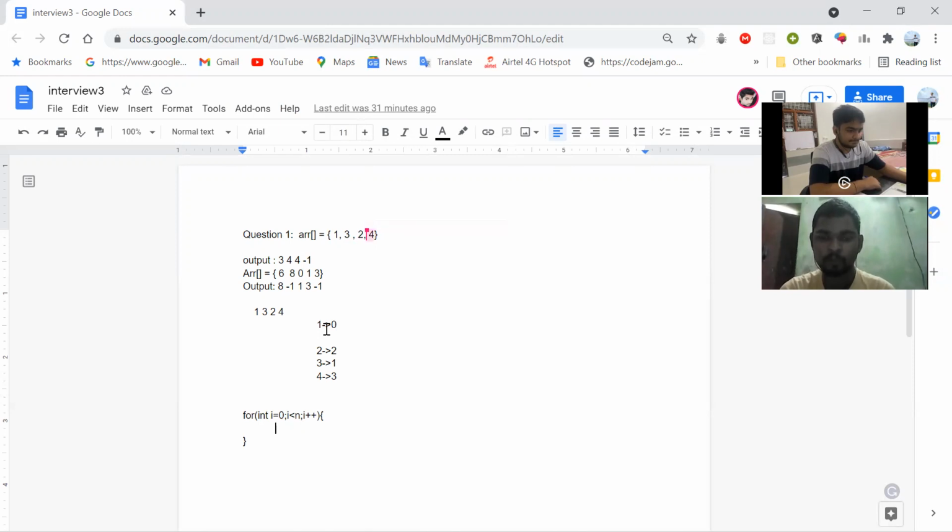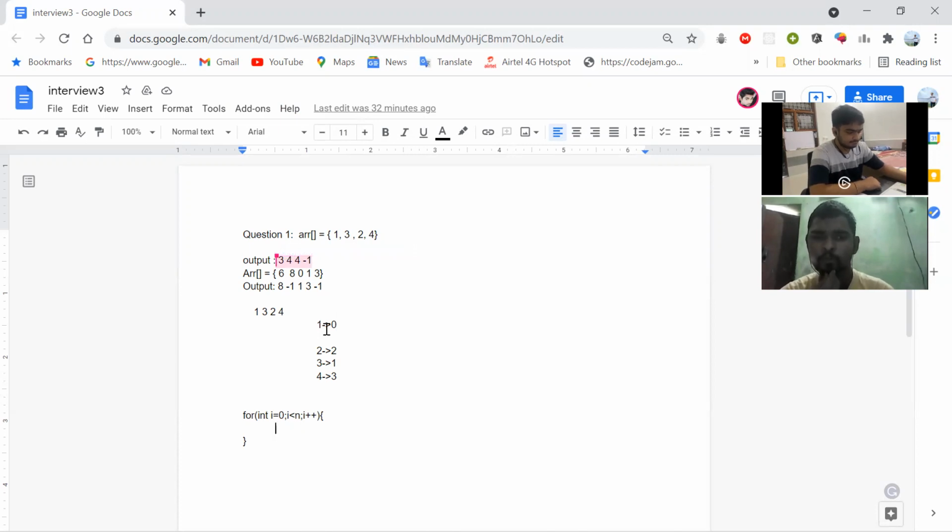And when my pointer is pointing to 4, I'm not getting any greater element on the right side, because there's no right side, so I'm going to print -1 in that case. So I have this: 3, 4, 4, -1.